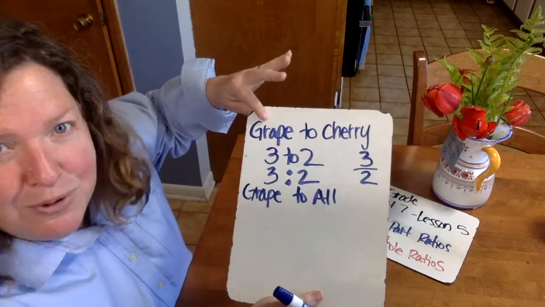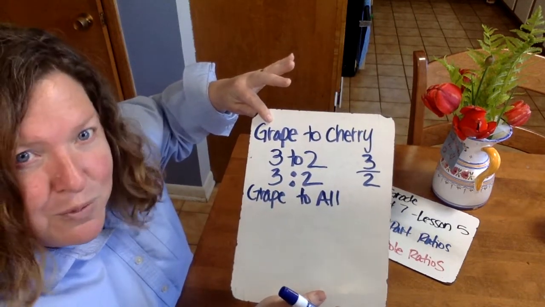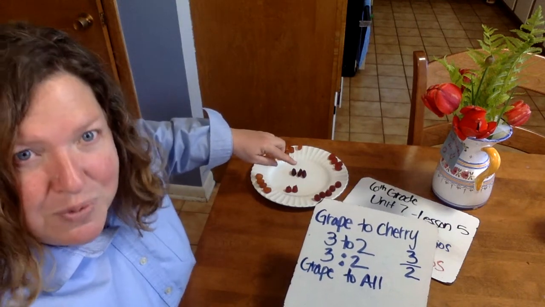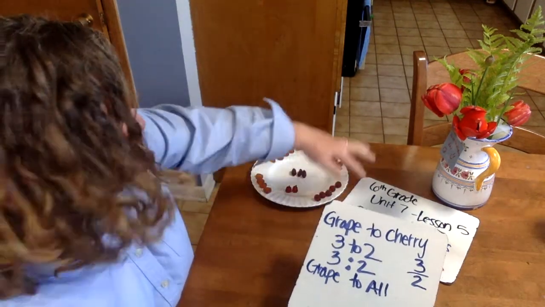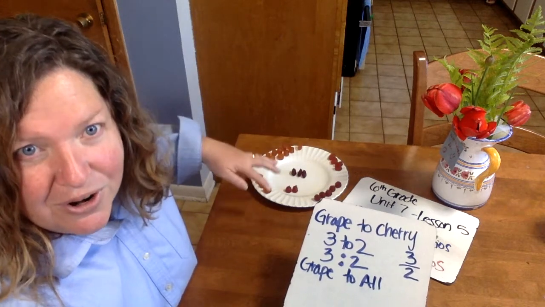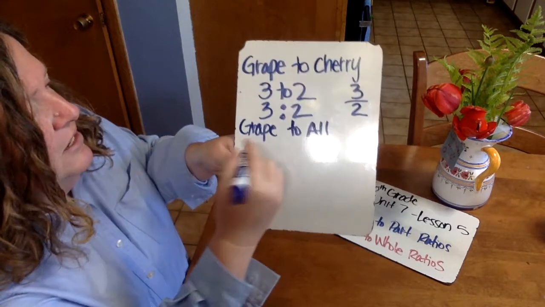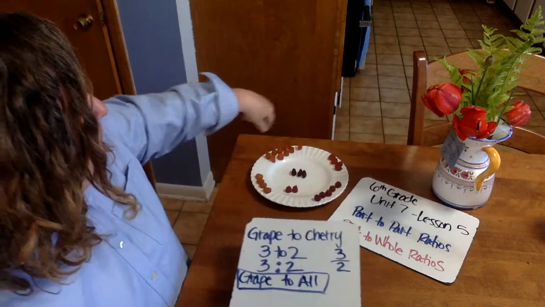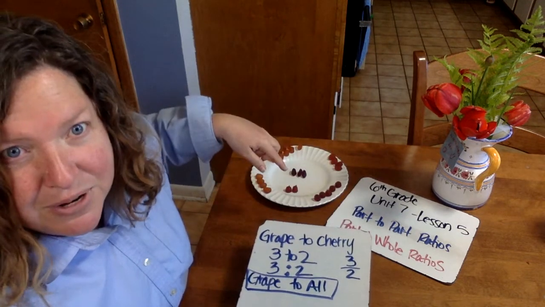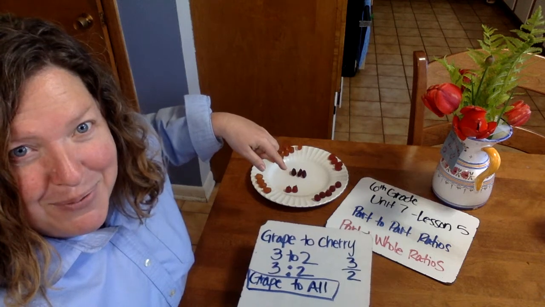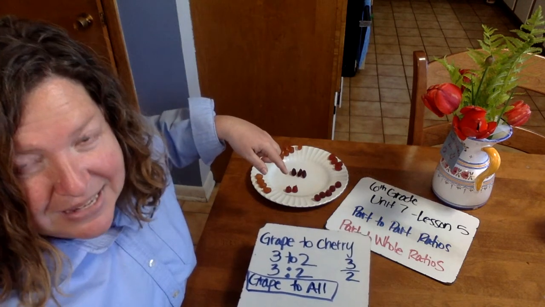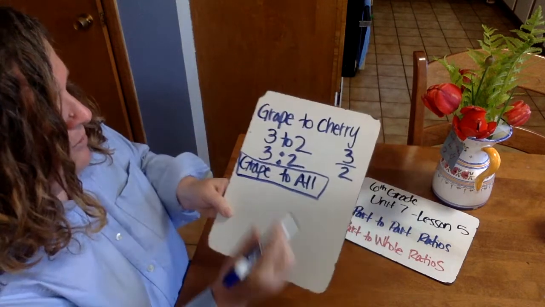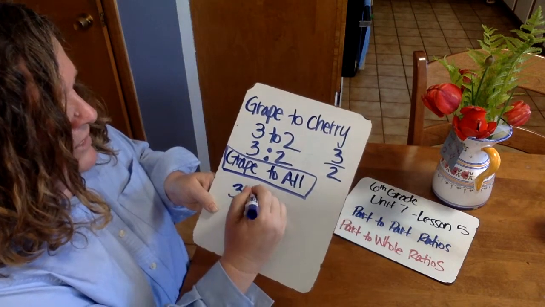So normally, if you are, you probably would not want to compare just the color to the color that you liked. You'd want to compare the color that you liked compared to how many there were. So let's instead compare the number of grape to all of the fruit snacks. That's what I want to know. What's the ratio of grape ones that I really like to however many there are altogether? So we know it's still 3 to something,